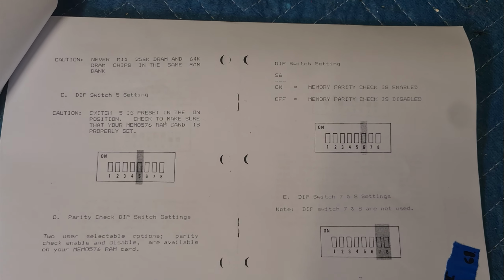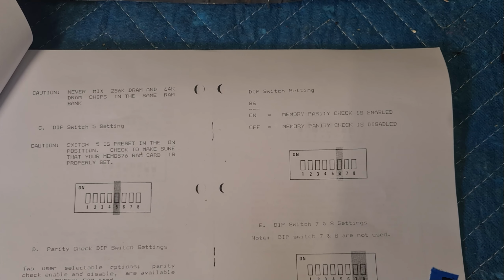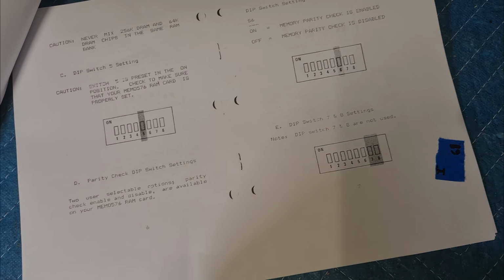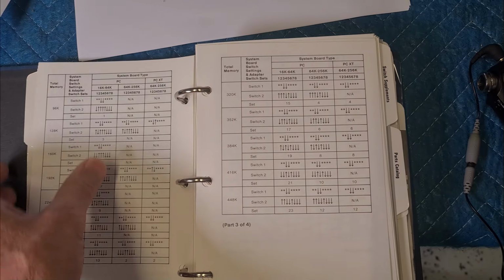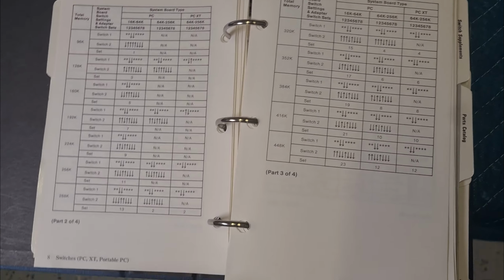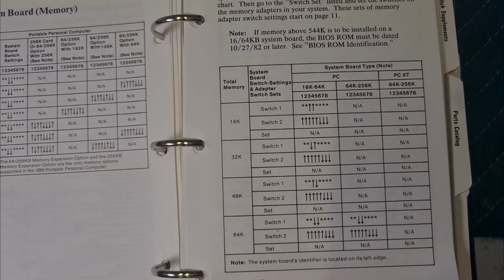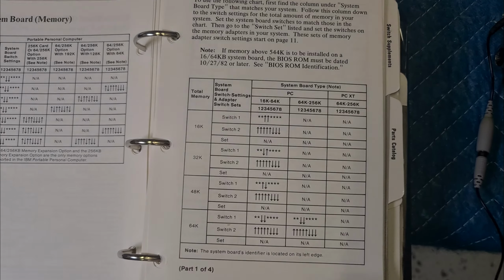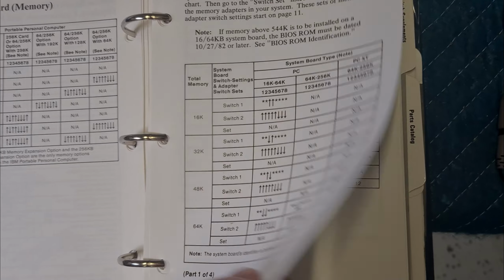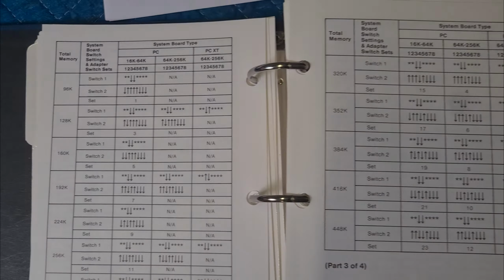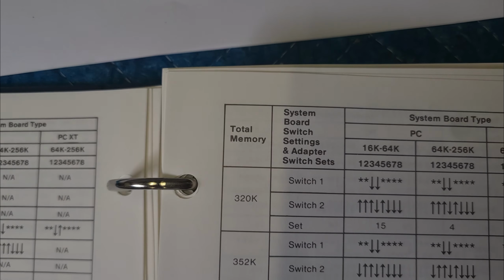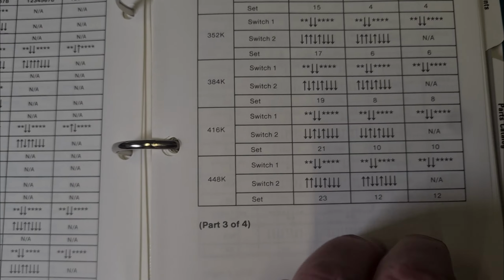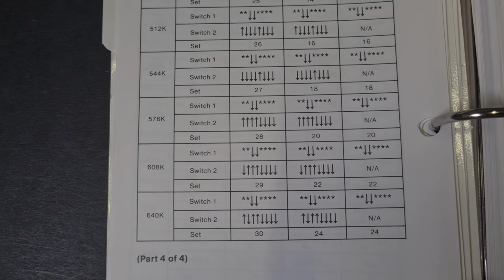Next, we need to do the motherboard switch settings. And to do that, we need to use the hardware maintenance service guide and go to the switch setting supplement. And in here is a table detailing how much memory we have. In total, you can see on the left column all the total memory. We are planning to have 640K, so we have to go all the way to the last entry,